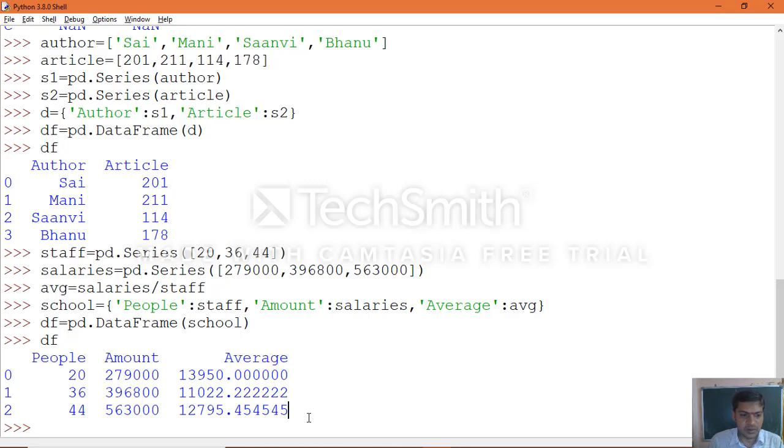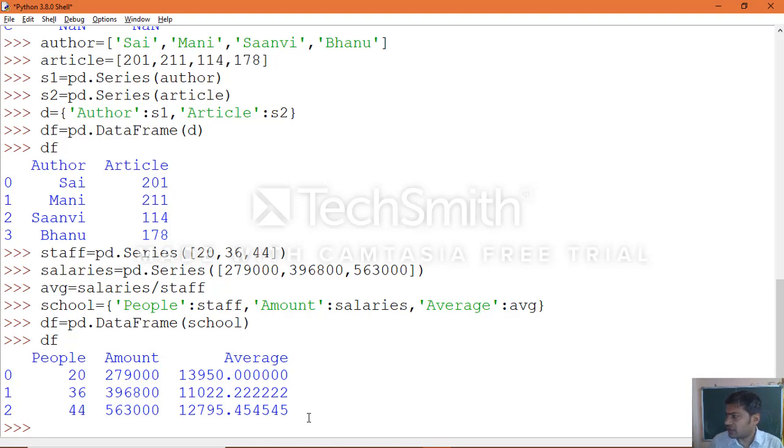Now we come to know how we use series objects with 2D dictionaries, passing that into the data frame object.